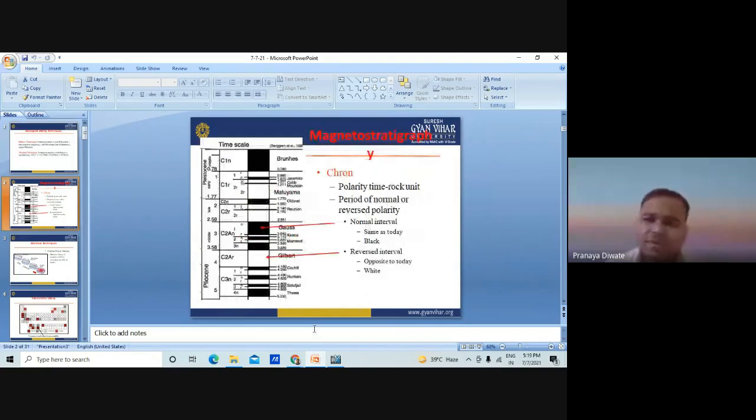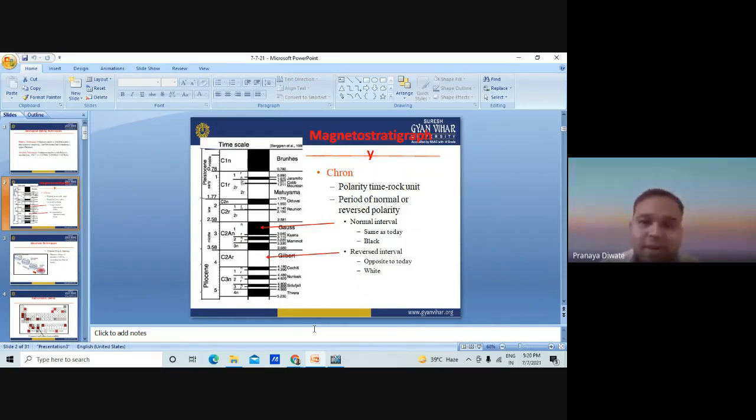Then you have a different kind of stratigraphic technique which we use. You also have magnetostratigraphy. What exactly is magnetostratigraphy? When you have a magnetic reversal and normality, these are two concepts. You have a geographic north, and you have another one, a magnetic north. One north is the magnetic north, one is the geographic north. They have a specific difference of degrees between them.